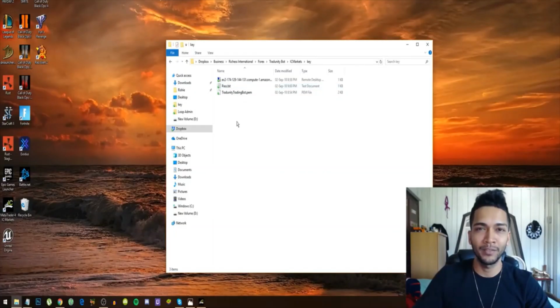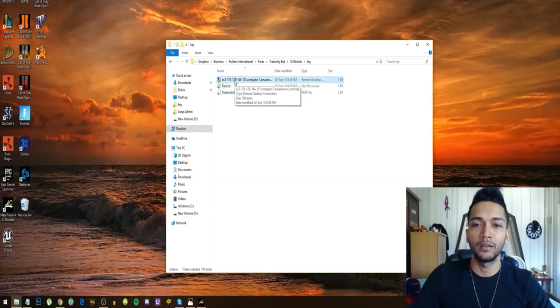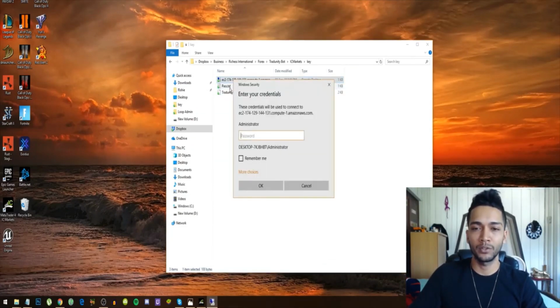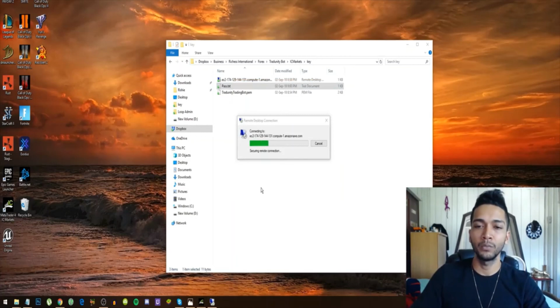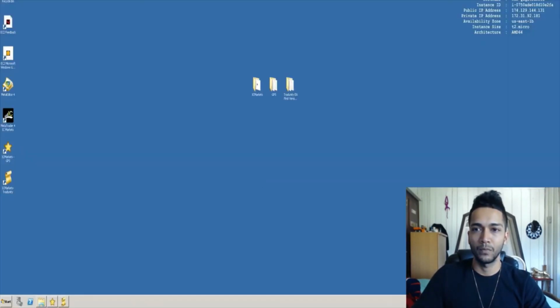Alright guys, so if everything worked out correctly, you will have your remote desktop file, your password, and if you click on your remote desktop file, you will be asked for that password. When you sign in, it will look something like this. And this is my virtual machine. Congratulations,